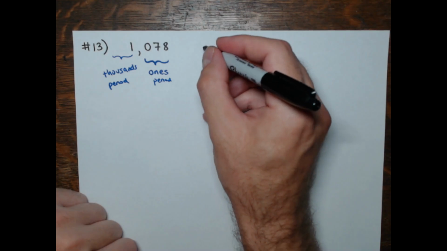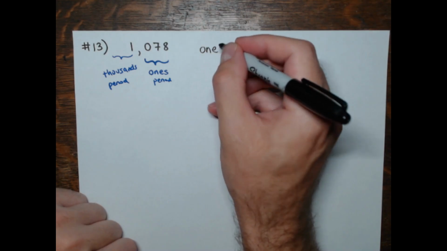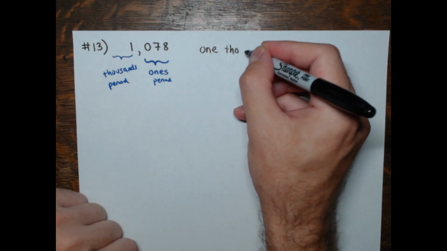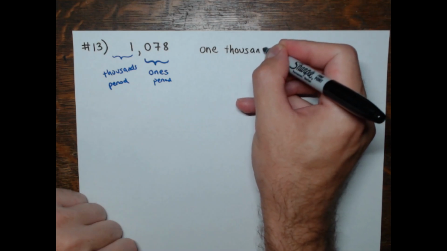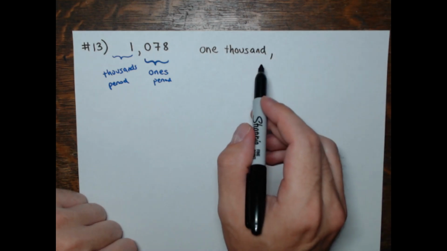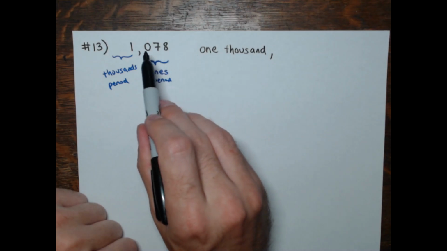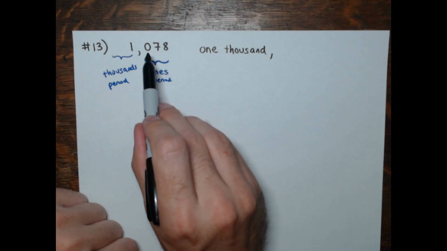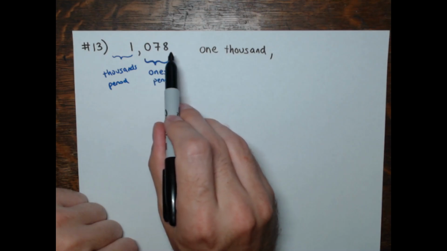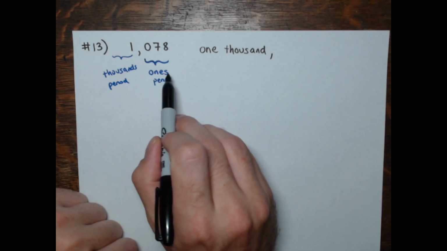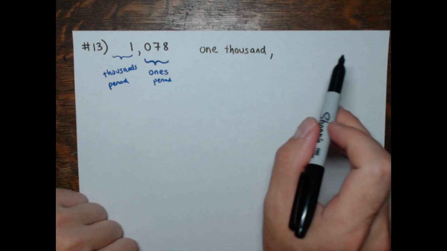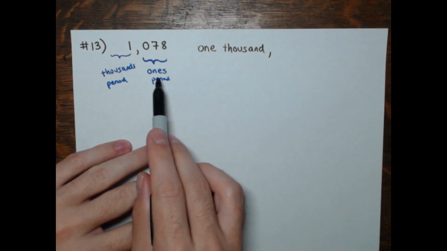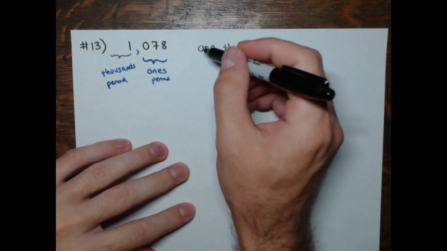So this number here is one thousand. There's only 1,000, comma. And then the ones period: there are no hundreds, but 78. This represents 78. There are 78 ones. Now they don't write the word ones. That's the only period whose name doesn't get written. So